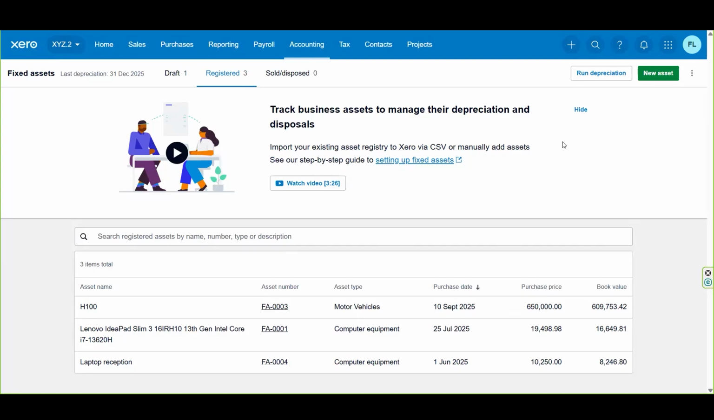So I want to now demonstrate how we can actually do a disposal. I've brought in another asset, and I've brought it in as an in-kind donation. You can see this is my laptop that I've brought in. It was purchased on the 1st of June for 10,250, and this is my net book value. It's calculated the net book value up until the 31st of December because we had run depreciation